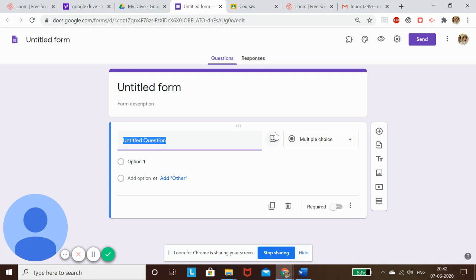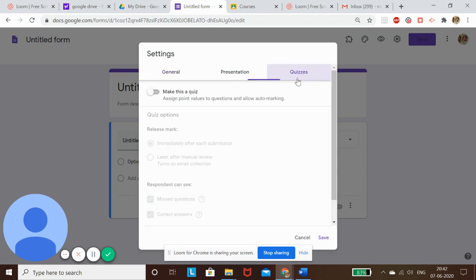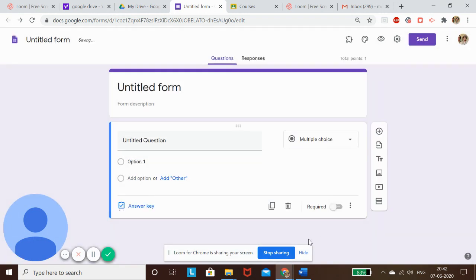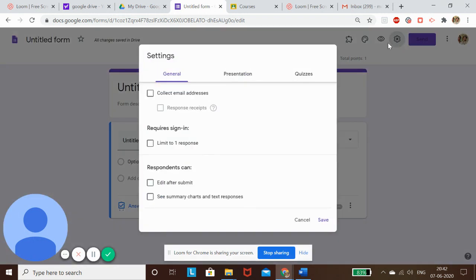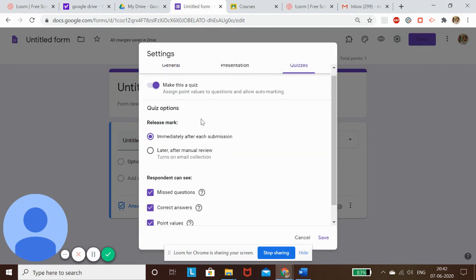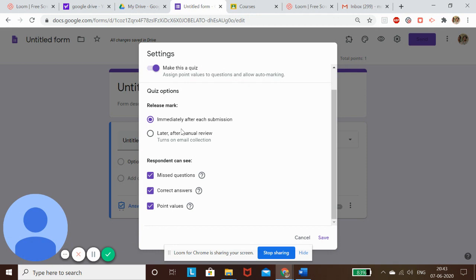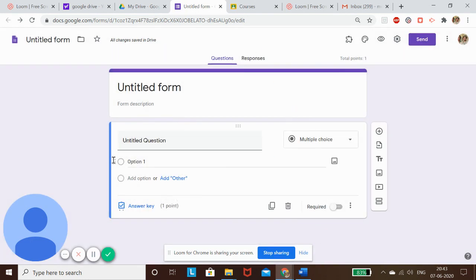The very first important thing you have to do here is change its settings and make it a quiz. If you are not converting it into a quiz, you will not be able to give marks to this form. So the very first step while starting the paper is to convert it into a quiz so that you can give marks to your questions. Now in the settings, you can see that in the quiz they have given you various options, like the point values. Various settings are given here, which we will discuss in the next video. But at present, we will learn how to begin with the form.